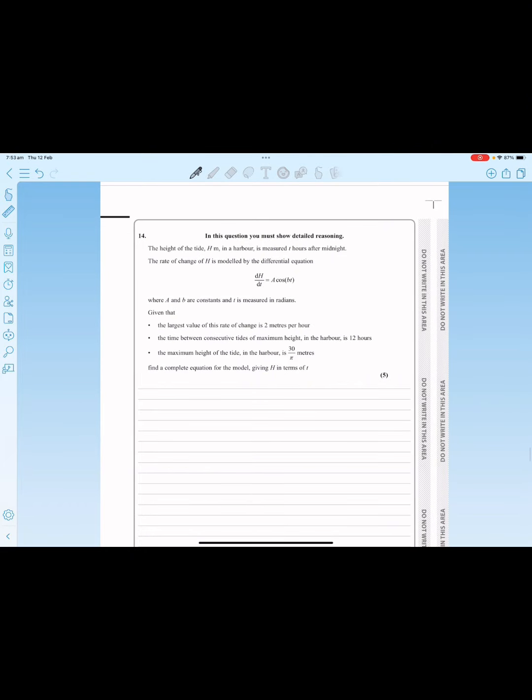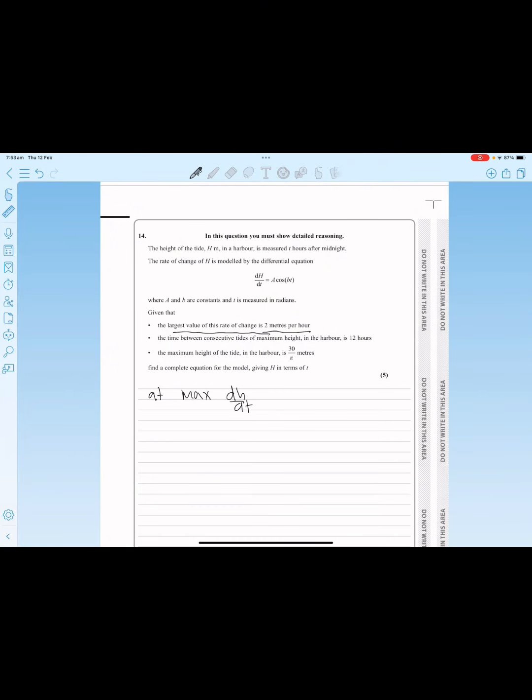So this isn't your standard trigonometric modeling, as it doesn't require you to use the sine and cos addition formula or anything like that. It's kind of tricky, actually, because you need to know the properties of the sine and cos functions. But let's still do it. Okay, so the first thing that is given to us is that the largest value of the rate of change is 2 meters per hour. So when we are at its maximum,